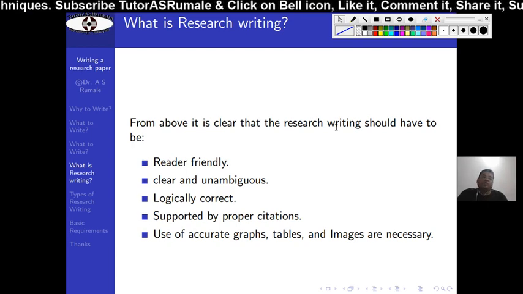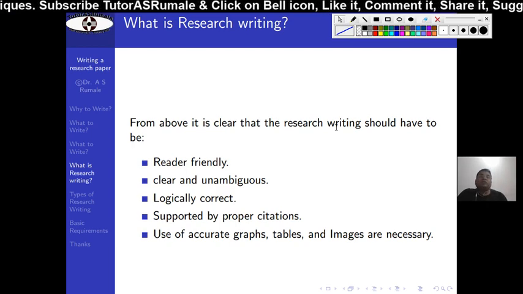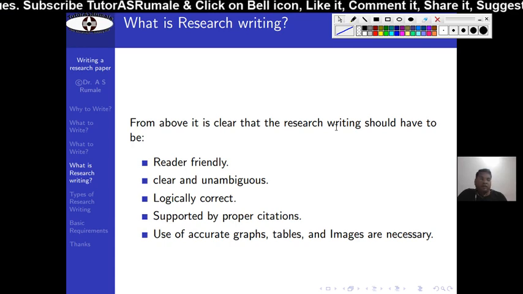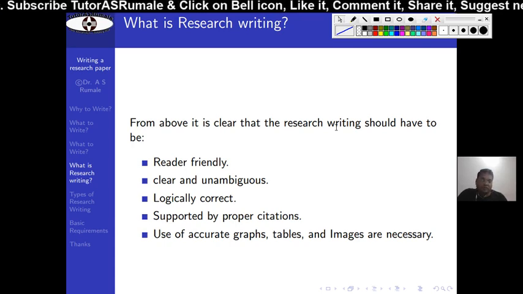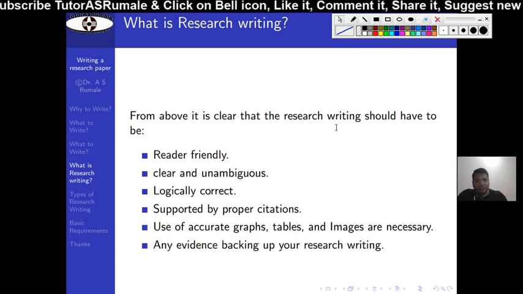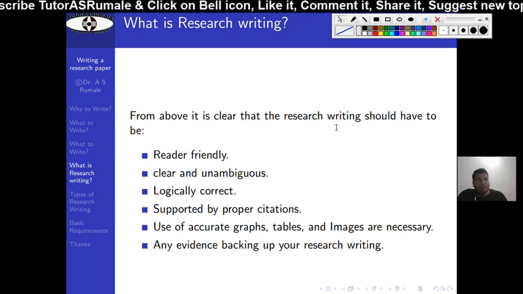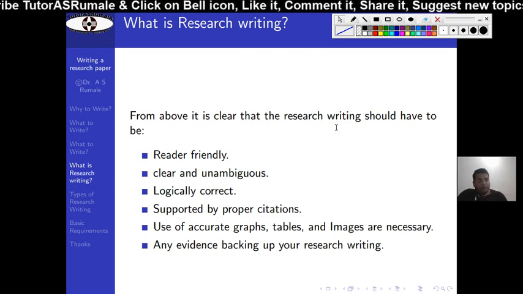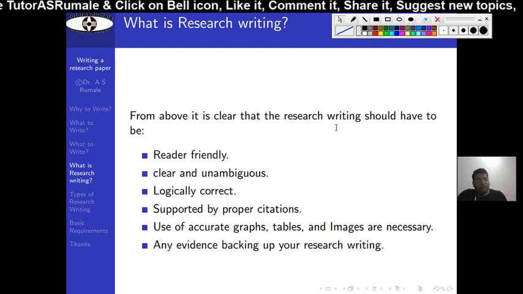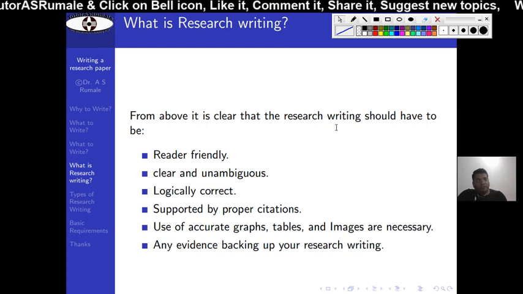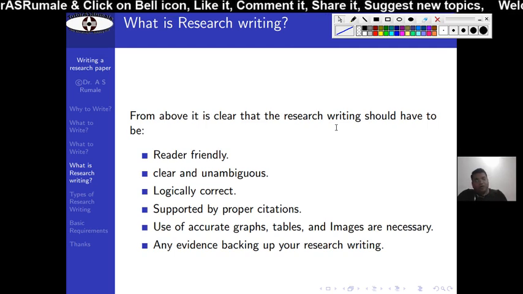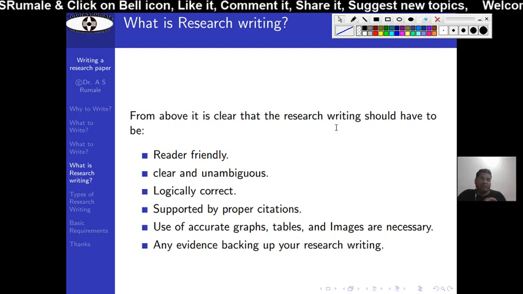To support whatever writing you are having, you may require to give some graphs, some tables, some images, and likewise very necessary, any evidence that you are having with you which can back up your research, you must show that evidence either in the paper, or you have to put that evidence as a backing.